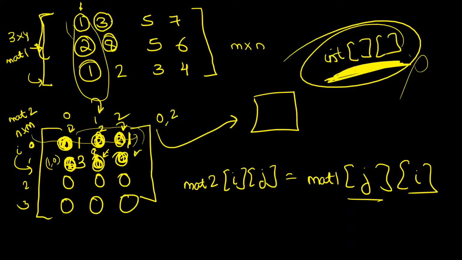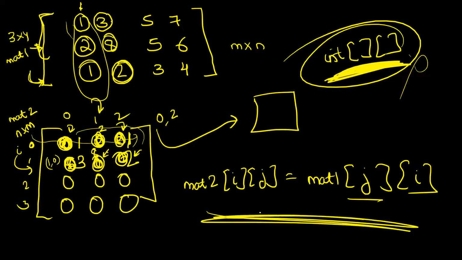Then you move forward. Now you are standing at index 1, 2. What should be the element coming here? The element that is present at index 2, 1 of my original array, that will come here. Okay. So go to index 2, 1, which is nothing but this. Take this element, put it here. See, the second row has been prepared, which is nothing but the second column. So likewise, you will iterate over the new matrix and you will fill all the contents in this manner. So you will see that after iterating through this matrix and writing this relation, you will get the transpose of